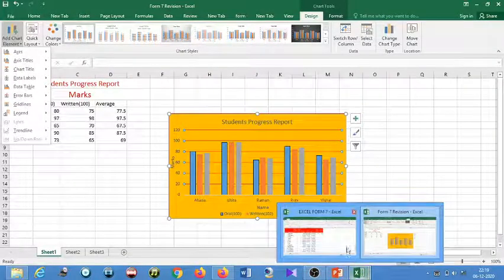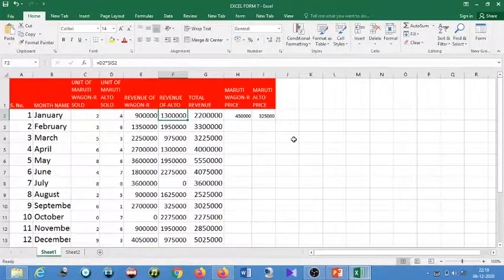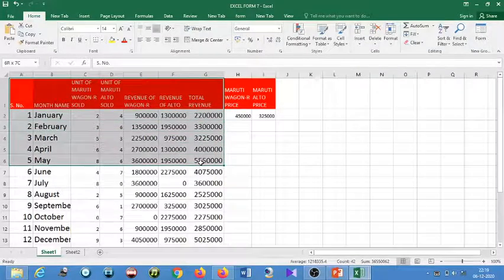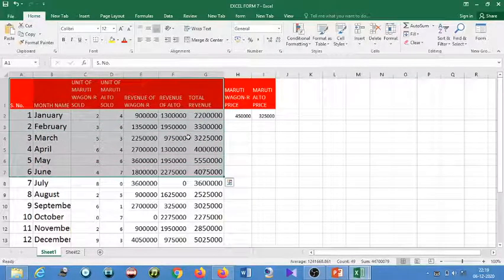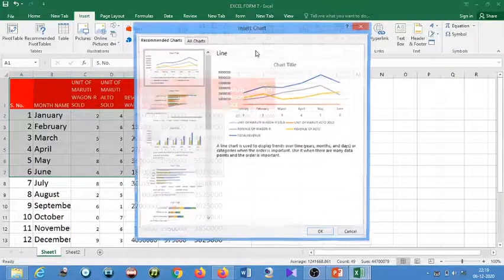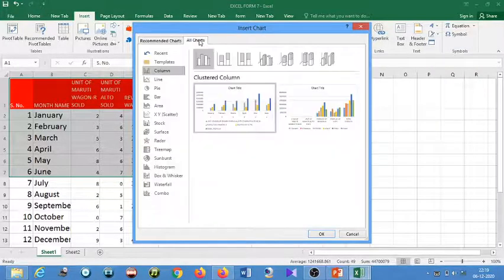Now one more example I will show you here, in a different chart type. Got it, students? Okay, so right now I will select January to June. Now I click on Insert, and All Charts.